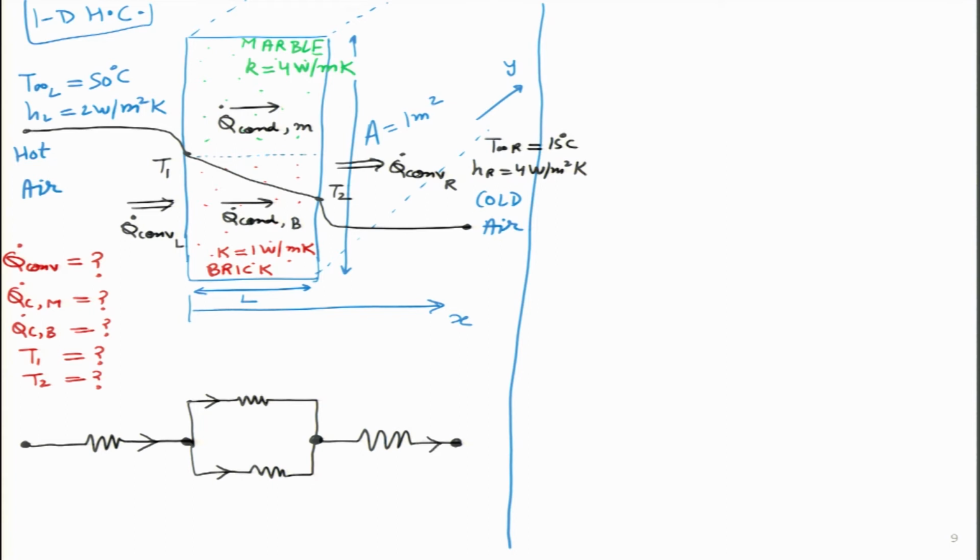Let me put the voltages, or in this particular case it will be temperature. So, this will be T infinity left over there, then we will have T1 over here, then T2 and T infinity R over here. And let me put some numbers for resistance. So, I will call this resistance R1, this will be R2, this is R3 and this is R4. And I can even write the expression for R1, R2, R3, R4 very quickly. So, if you remember, for convection it was simply 1 upon hA. Because it is on the left side, I will put a subscript L over there. For R2 it is because of conduction. So, this is L by kA.